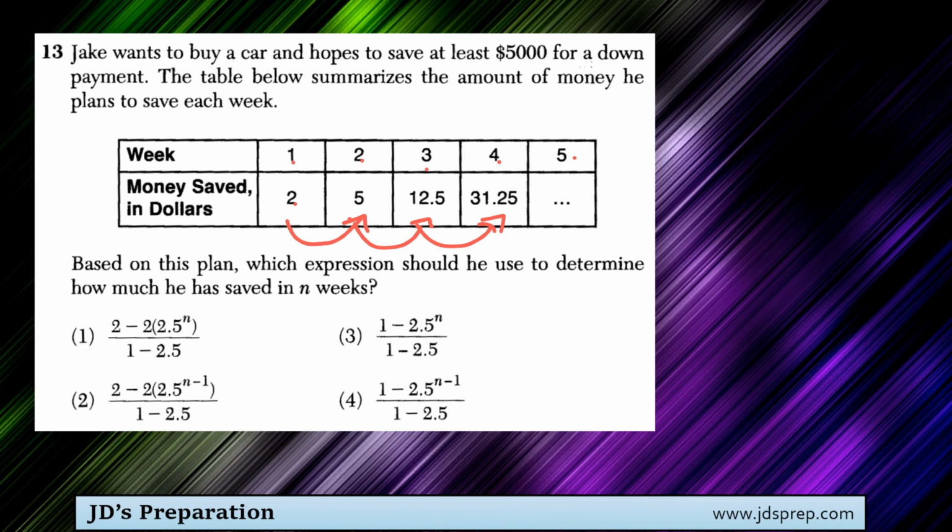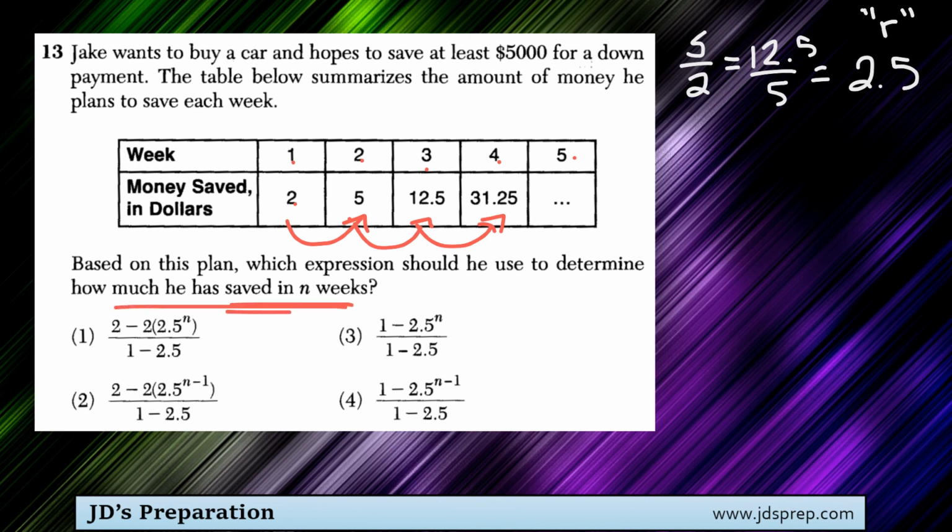And we find that by taking one of the terms and dividing it by the previous one. So 5 divided by 2, which, by the way, would be the same thing as 12.5 divided by 5, is 2.5. So that is our common ratio, or r. And what we're trying to find is the expression they should use to determine how much he has saved in n weeks. In other words, we're looking for the grand total that he has saved,